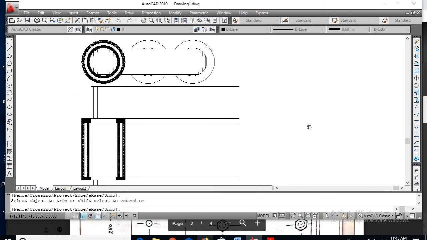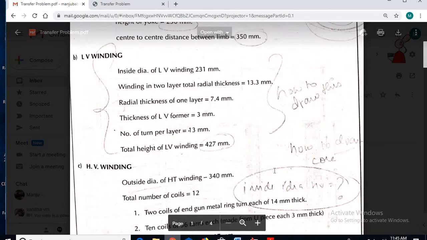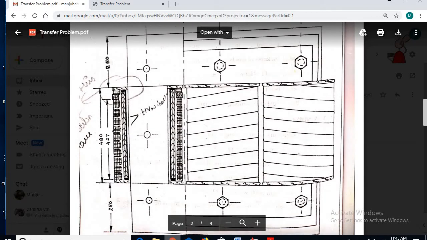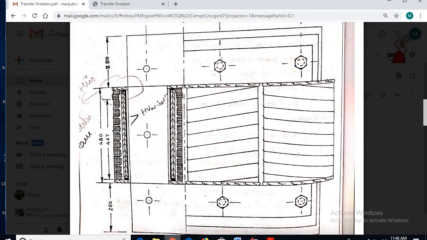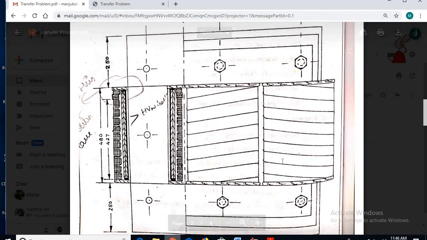Okay. So like this, the other ends, we can show the same picture in this fashion. Okay, so here we have shown the bolts and nuts, so we can show the bolt and nut also.